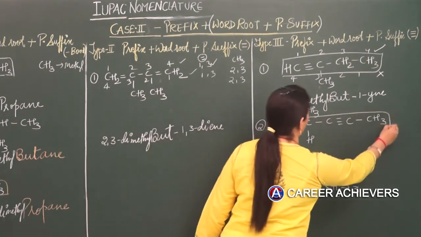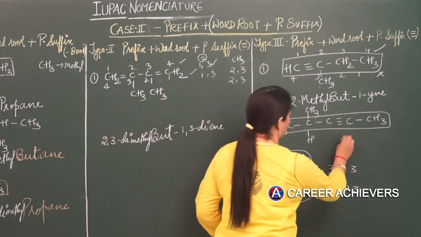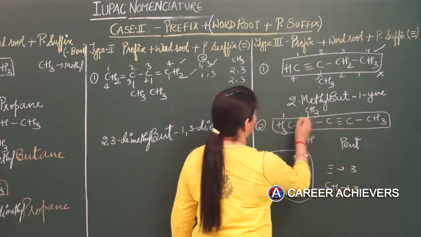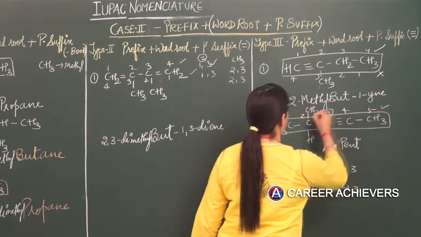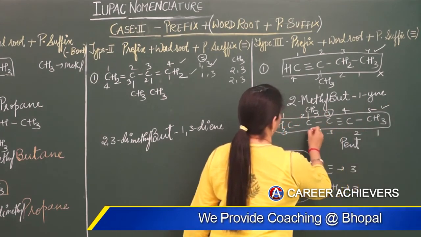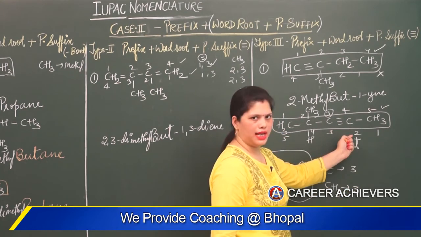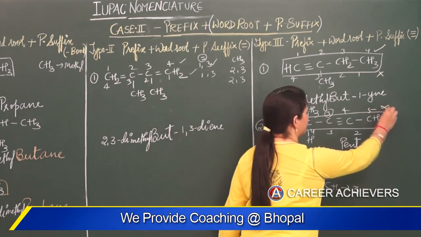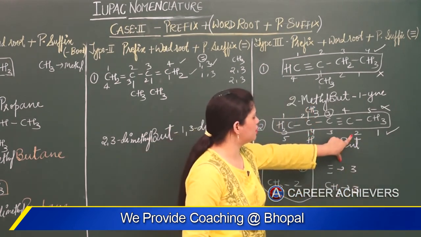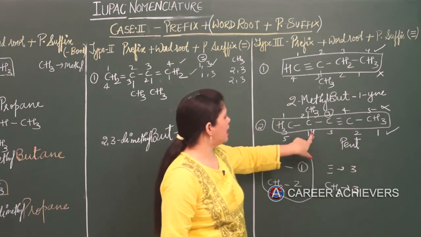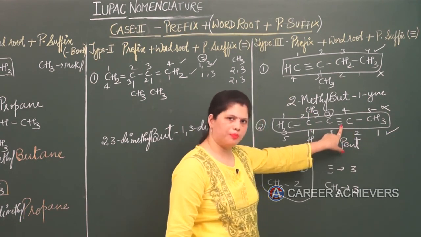Now talking about this lower one, in the straight chain how many carbons are there? The answer is 5. So the word root is pent. Then if we want to find the position of the triple bond, from the top numbering it is 3 and from the lower numbering we get the position of the triple bond as 2, right? So this numbering will not be taken, this numbering would be correct, because from this numbering the triple bond gets number 2 and methyl gets number 4. So our priority is to give the minimum number to the triple bond, right?